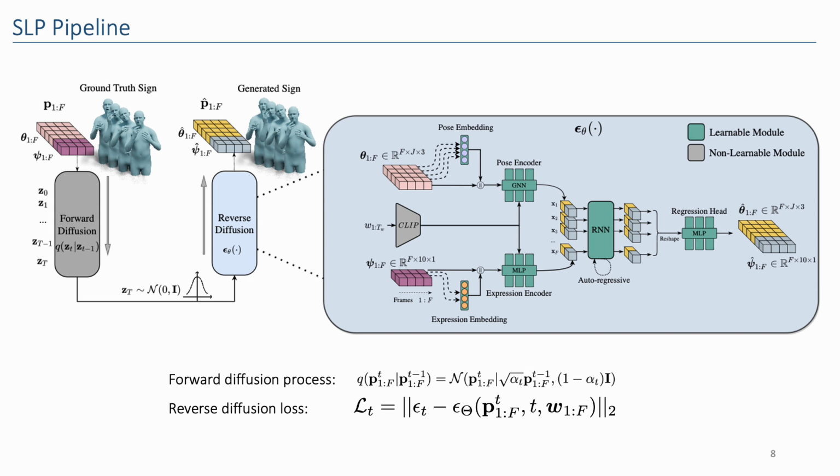Now that we have our dataset in place, we can describe the primary architecture of this work, which is a diffusion-based generative model that generates motion sequences conditioned on text transcripts. Similar to traditional diffusion architectures, our method is composed of the deterministic forward diffusion process that gradually adds noise to the input distribution and the reverse denoising model that predicts the noise introduced by the forward process at each time step. The proposed denoising module can be divided into three main components: the anatomically informed pose and expression encoders, the text encoder, and the autoregressive decoder.